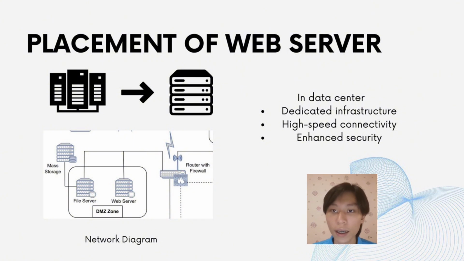After learning how it works, now we take a look at its placement as well. The web server shall be placed in a data center or a server room due to the need of dedicated infrastructure, high-speed connectivity, and proper security, where in this case, the web server can be placed alongside the file server. As you can see from the network diagram below, we have placed both servers together in an enclosed space, which is the server room, and they are connected to the main router, which enables them to be accessed by